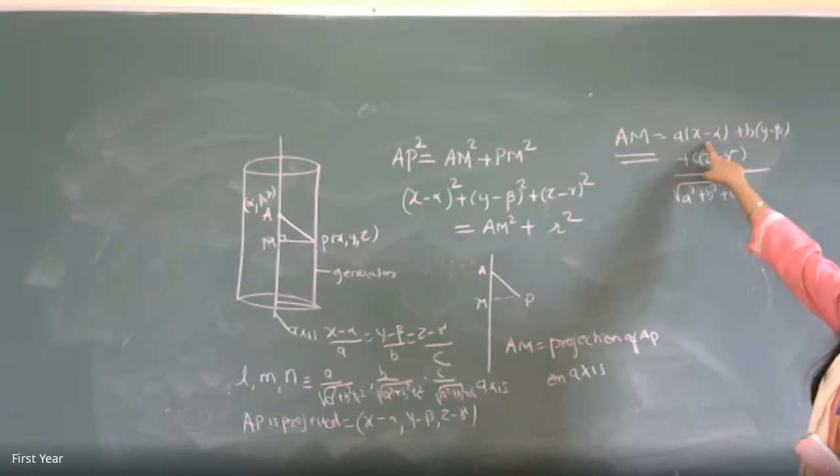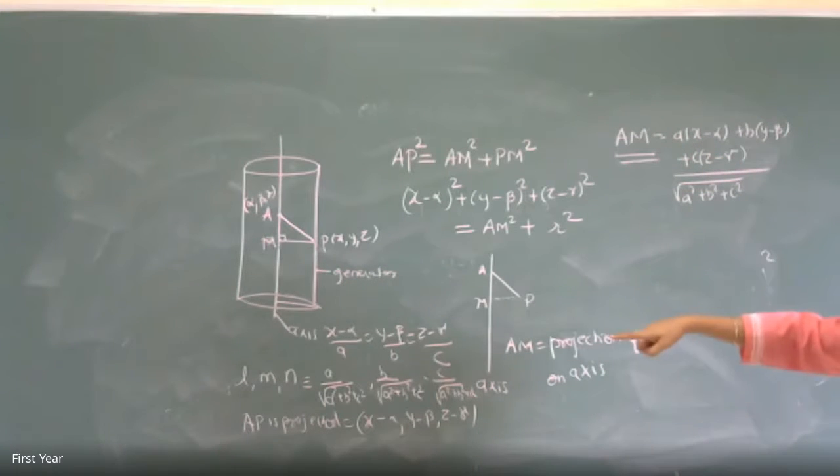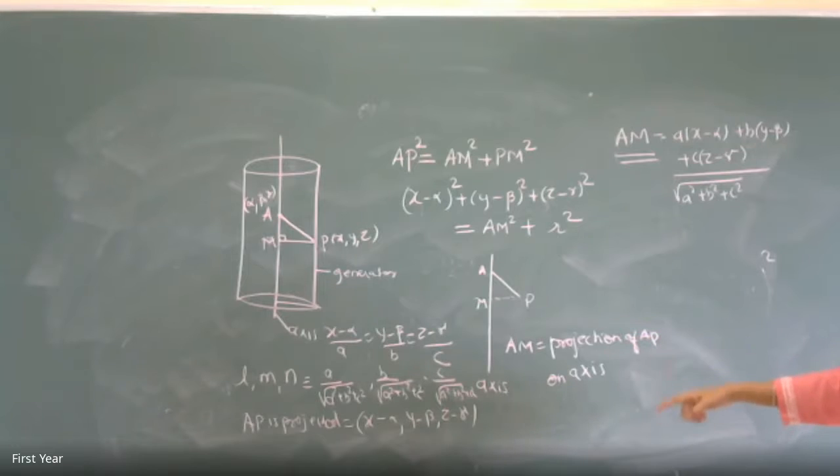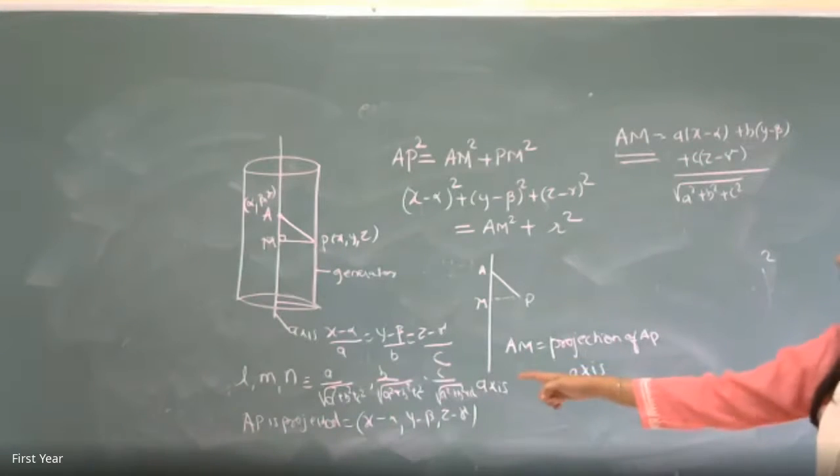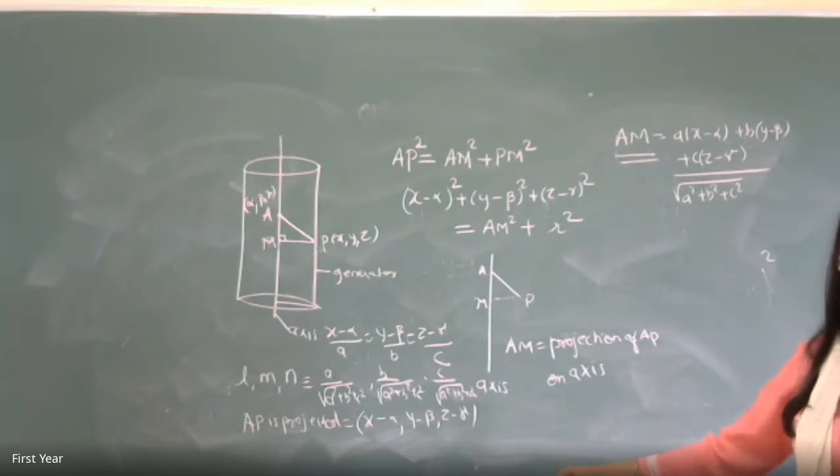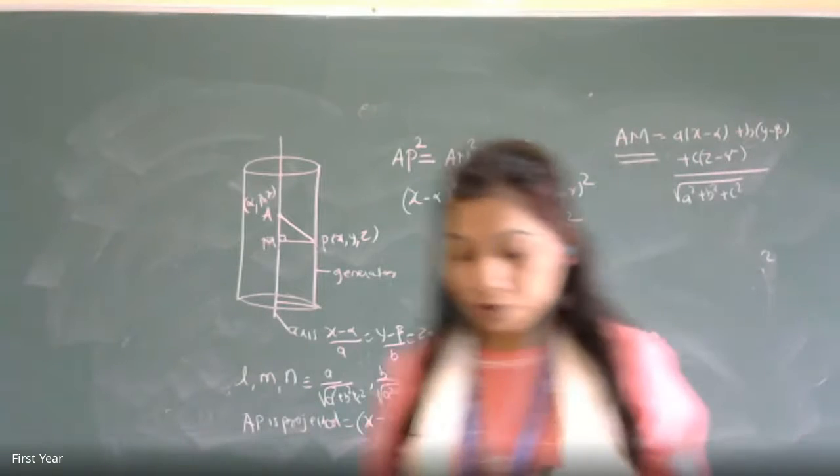And that point, alpha, beta, gamma, is on the axis. So actually you could have thought about doing that. Then what you have to do? The direction ratios of AP at this point should be some fixed value. That means you should know a fixed value on the generator also. Then those will be in terms of constants, and here you are going to use x minus alpha, y minus beta, z minus gamma. That can be done, but that is not given. That's why I go for the direction cosines, and this is the general formula of the direction cosines also. It's a fixed value, isn't it? Okay. Yes, ma'am.